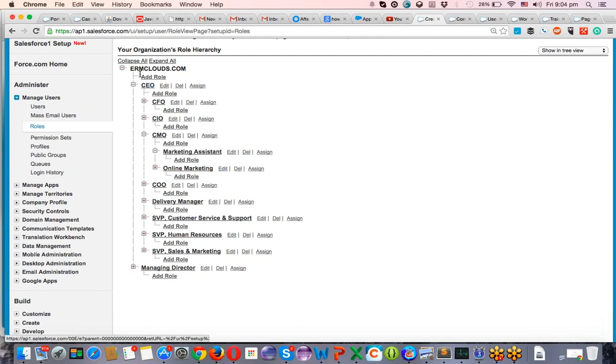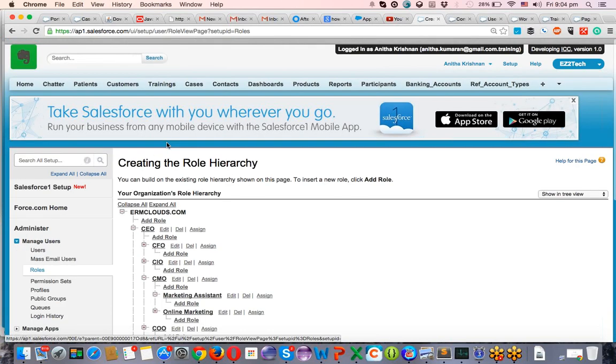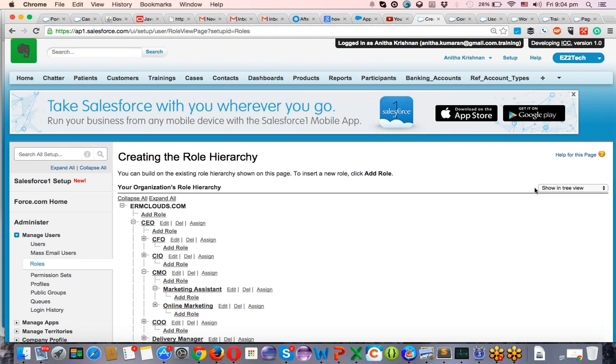You generally get the role hierarchy structure of the current company for your customer, and create the structure the way they have given. Simply, if there is a person who reports to COO, that is a COO assistant, I can add a role directly from here, and I can give the exact permissions they want on cases and opportunities. That's how it works. This is a better format to see in the preview.